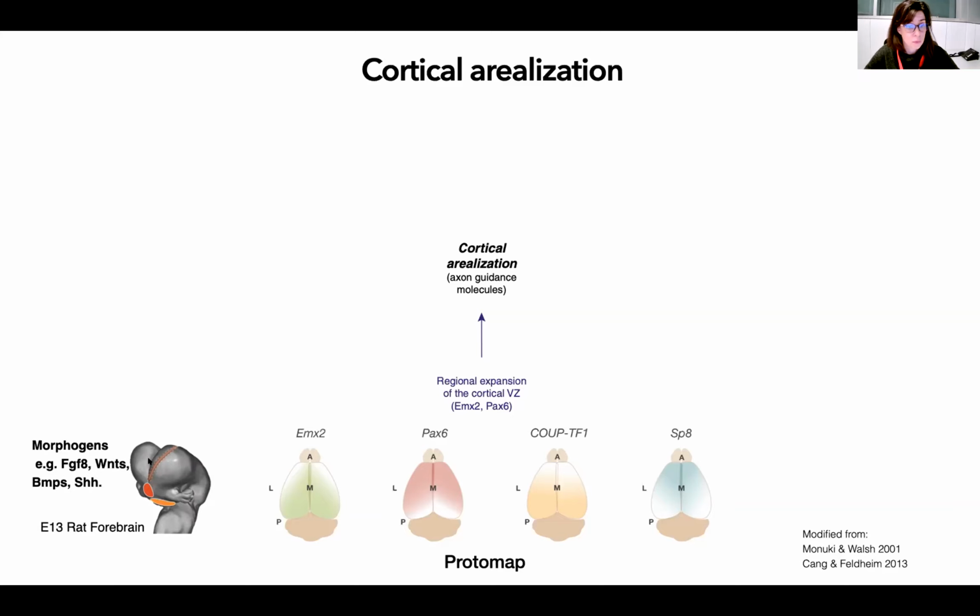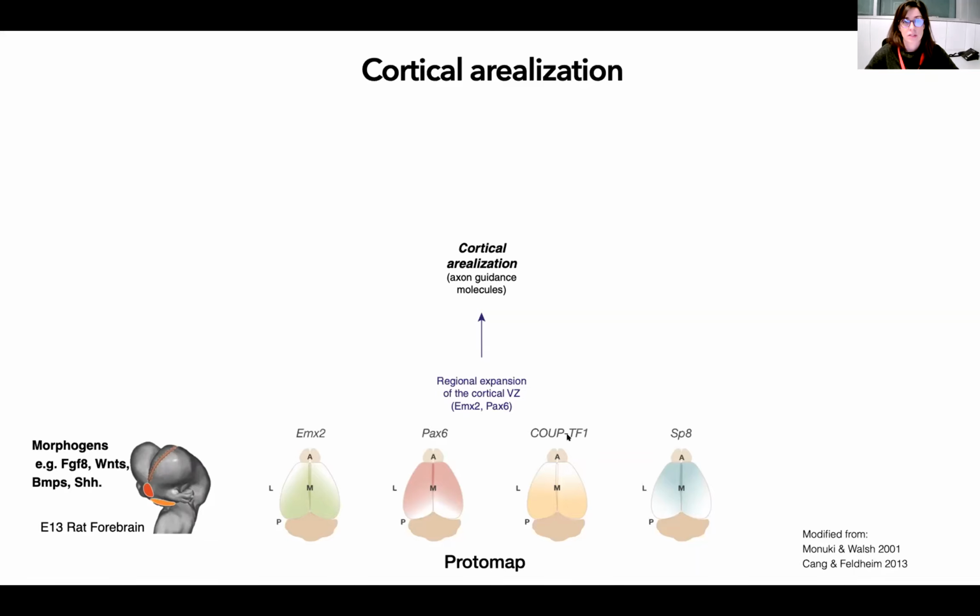When these morphogens are released, they promote or repress the expression of what we call the genetic patterning genes. And here you have four of them: EMX2, PAX6, SP8, and COUP-TF1, which is the focus of our work today, also called NR2F1. This is the protomap hypothesis, which states that intrinsic genetic determination of the cerebral cortex is important for